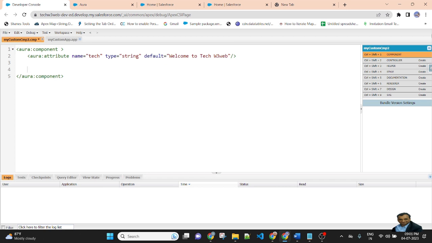Now I am creating a lightning card. Inside the lightning card, I created a div. Inside the div, I am passing a class name, slds-p-around_medium.